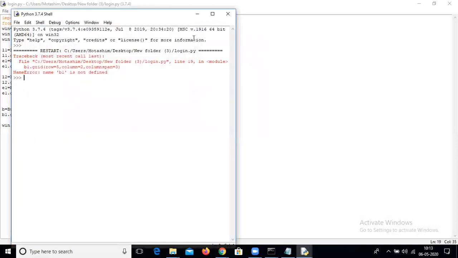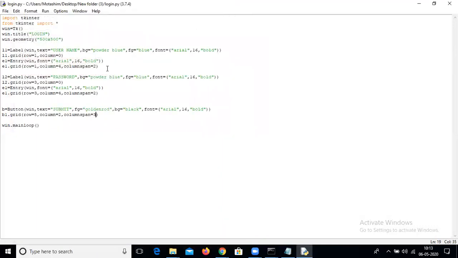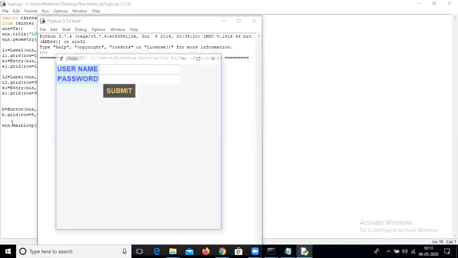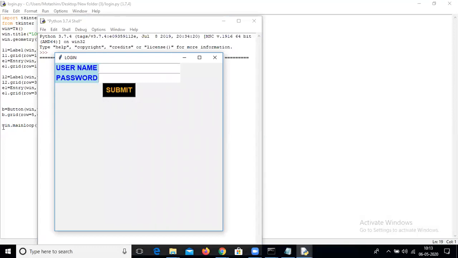B1 is not defined. Okay, the button name is B. I wrote B1. Perfect. Now it's the button. The background color is black and the foreground color is goldenrod. Okay, now we have to make some action. If we press the button, the submit button, there must be some